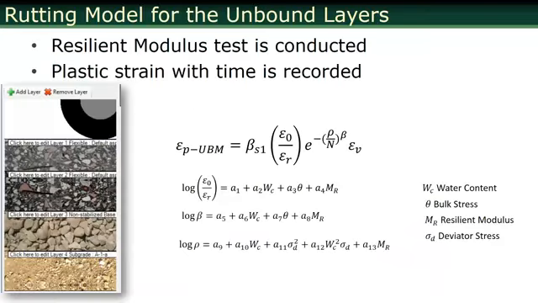Okay, unbound layers, base and subgrade layers, they have an equation that is only rutting based. So this equation is also based on the resilient modulus test, and you need to run that test and come up with the